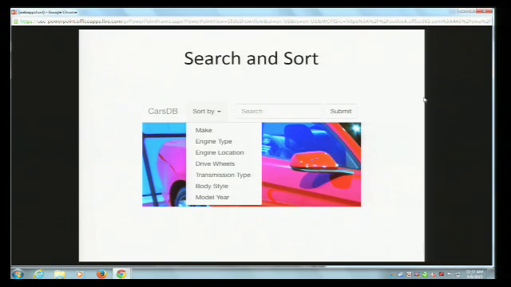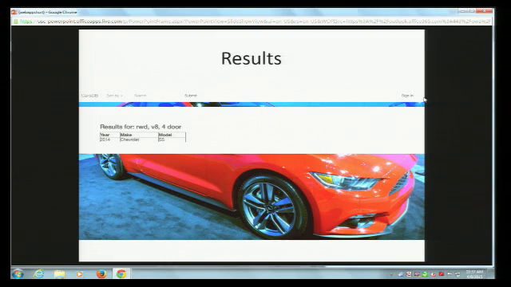Then next to that is the search bar where you can just search for general terms, and then the submit button for that. So here's the results page. For example, this search was rear-wheel drive, V8, and four-door, and it only pulled up one car because the database doesn't have a bunch of stuff in it